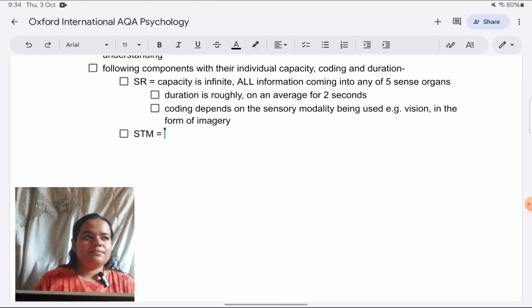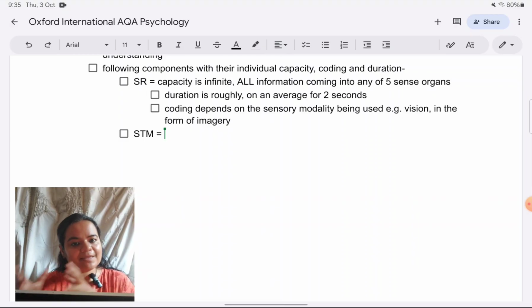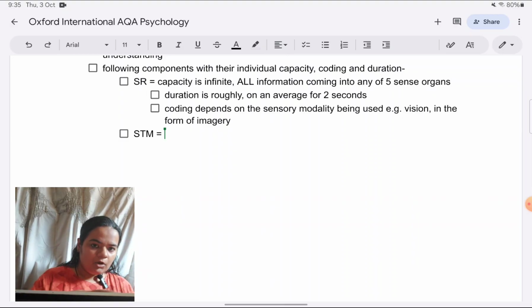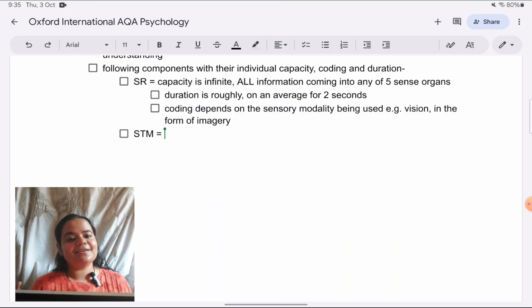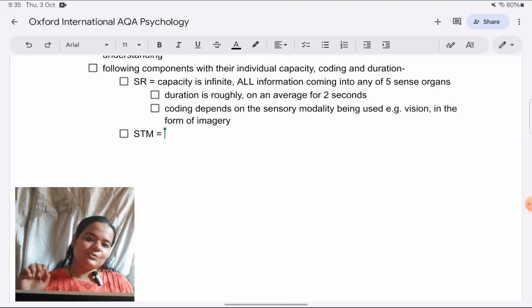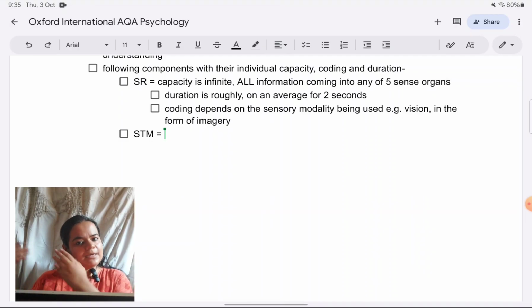Okay, then we have short-term memory. As we keep on introducing more and more storages, we should not forget, many students forget about this, how one system is linked to the other in the model, how one storage passes on information or retrieves information from the other. They make no mention of that. They simply describe sensory register, STM and LTM as if they have nothing to do with each other, as separate individual components. So as you're introducing, you don't need to write separately. You mention how it links with the previous storage, which we've already seen.